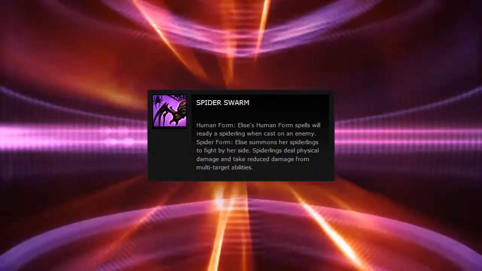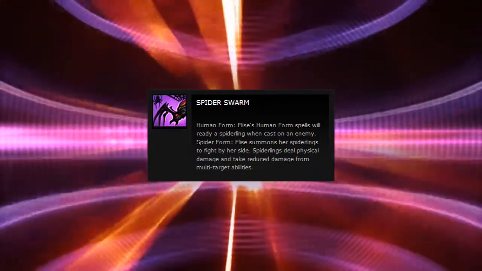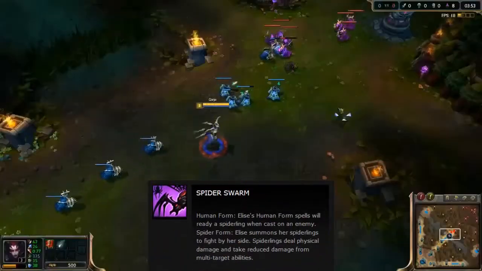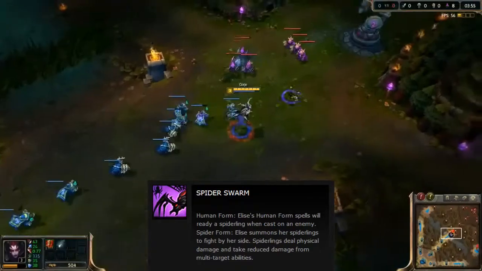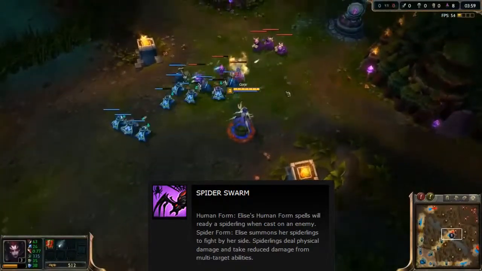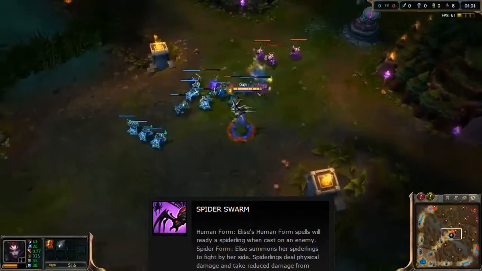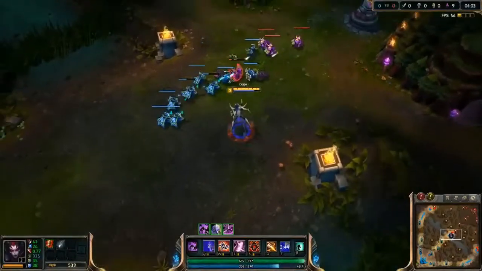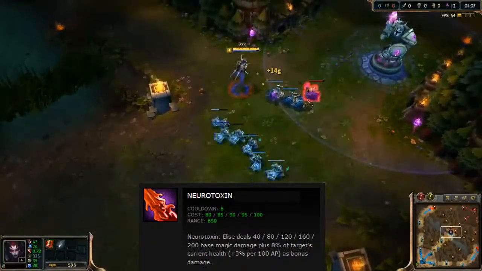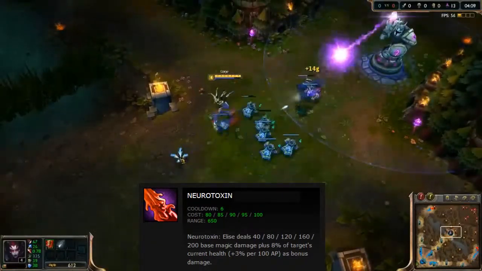To generate more spiders, you must cast spells in human form, and then go into spider form, and you will get the spiderlings. The spiderlings do damage, they gain attack speed from your W, and they can tank things like jungle creeps. Elise's Q in human form is a short-ranged nuke. It will do more damage, percentile based, on how much health they have left. If a target's at 100% HP, this ability will do much more damage than a target that is, say, 5%